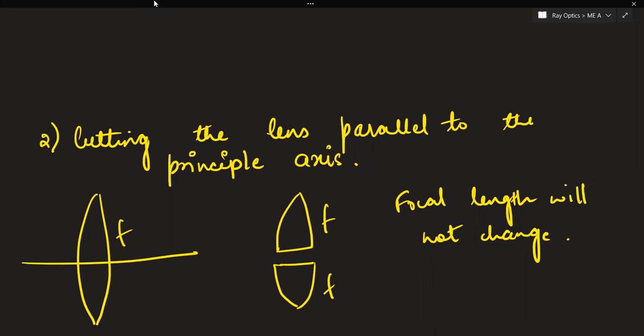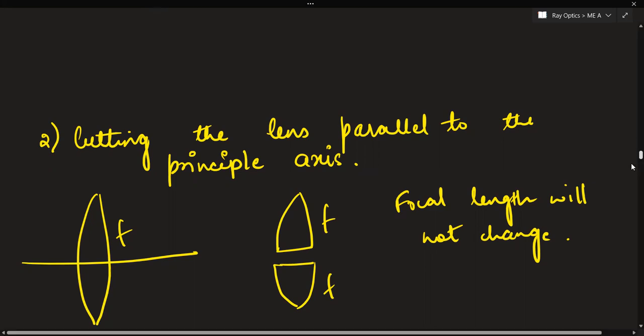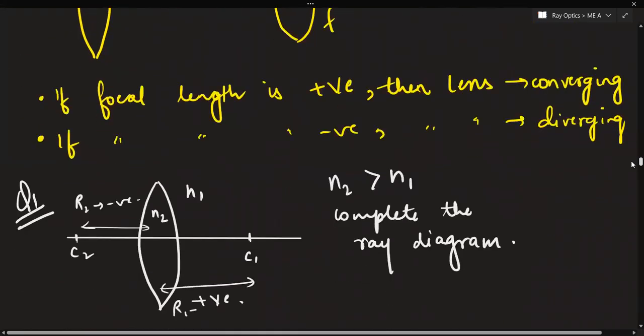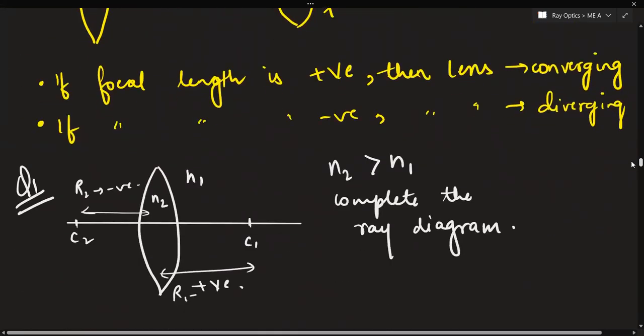Now see the questions that I was referring to, the second type of theory questions that come. So to identify, see, a convex lens is a converging lens, that is fixed. A concave lens is a diverging lens, fine. But this is a general case. But see, it can also happen that a convex lens can also behave as a diverging lens. A convex lens can also behave as a plane mirror,